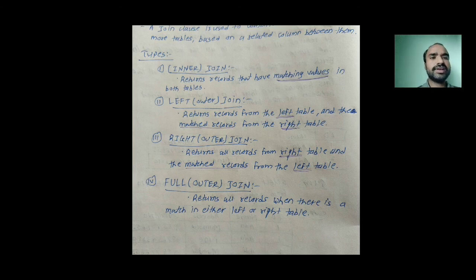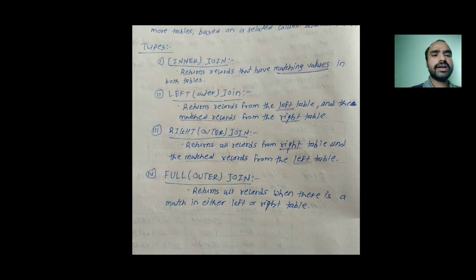Next one, left outer join. So it returns records from the left table and the matching records from the right table. Means left means the first table, so it will show all records of the first table, the remaining records of the first table and the common records between both tables. Next one is the right outer join. So it returns all records from the right table and the matching records from the left hand table, which is the opposite of left outer join. And the last join is a full outer join, which returns all records when there is a match in either left